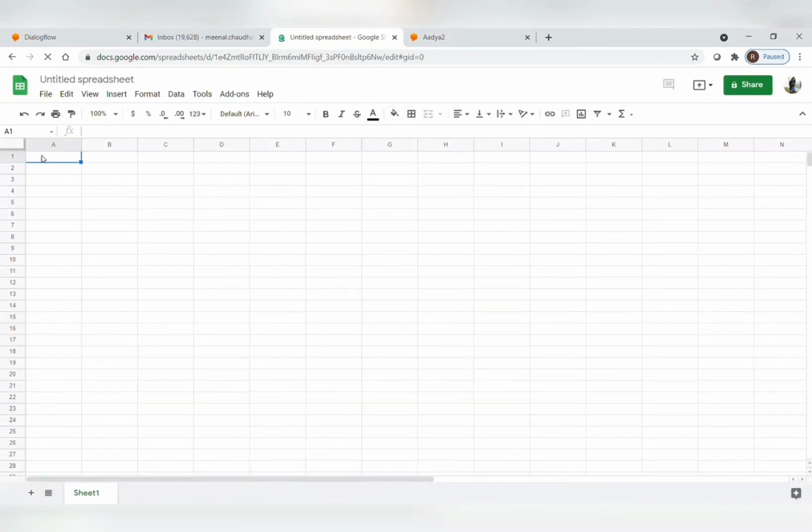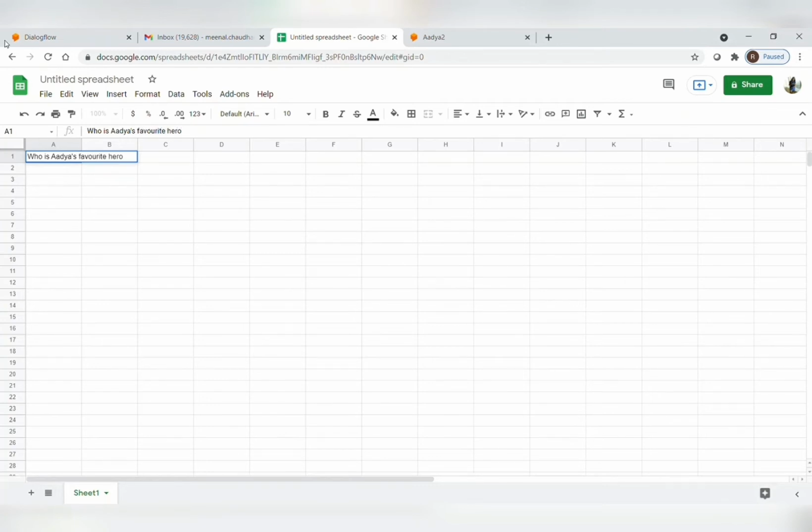Remember when I asked who is Adya's favorite hero, so you can ask questions. Write questions in column A and answers in column B. Don't write question 1, this, question 2, that, because that's actually not required. You want to know how the bot gave the answers, so I'm writing the same question. Who is Adya's favorite hero?